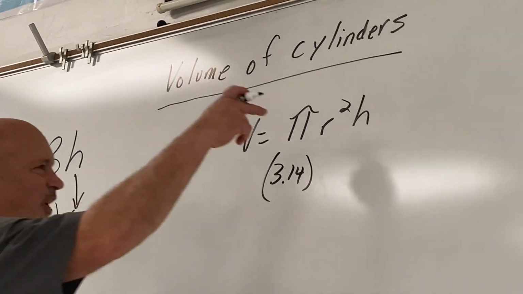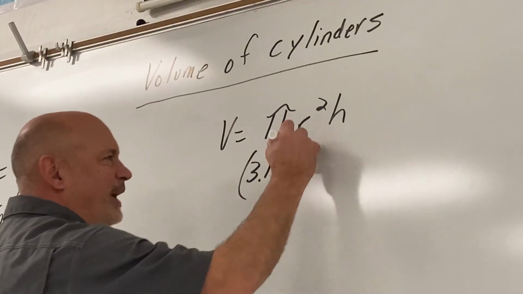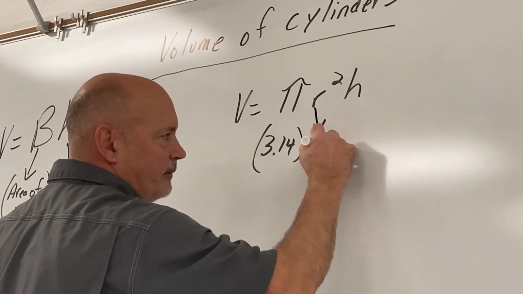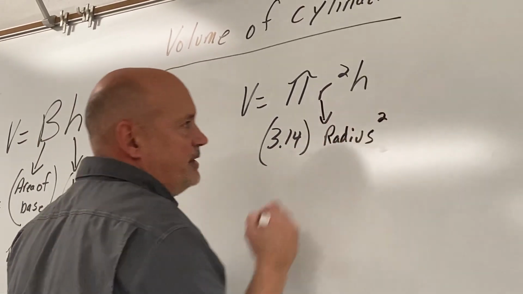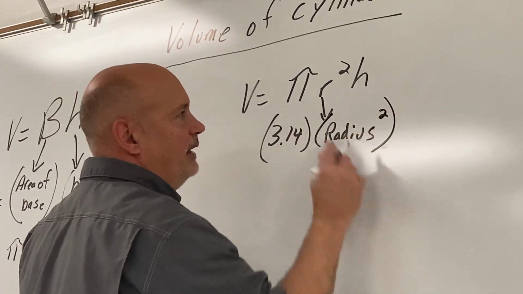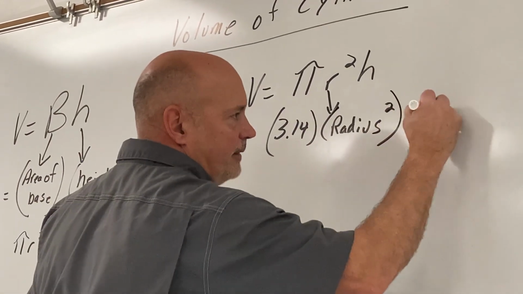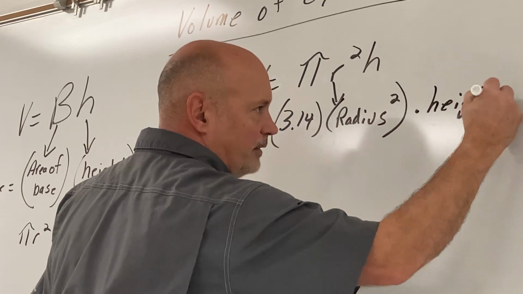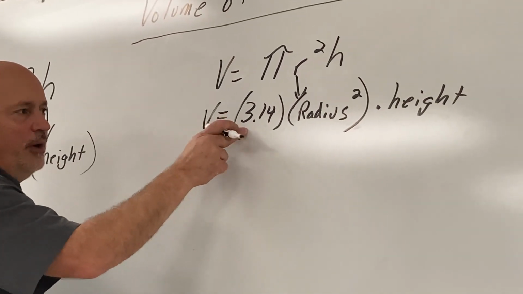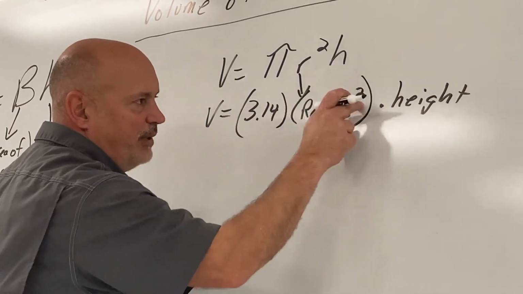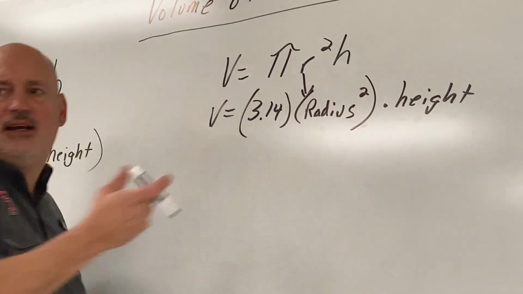What is r? Radius. And you need to square the radius. And then we got to multiply that times the height. So really, the volume's pretty easy. We're always going to do pi, 3.14, times whatever the radius squared is, times the height,